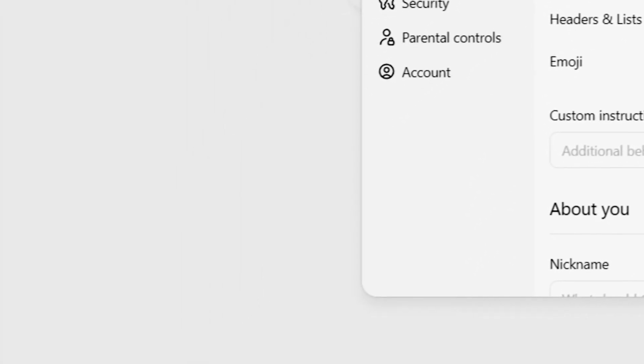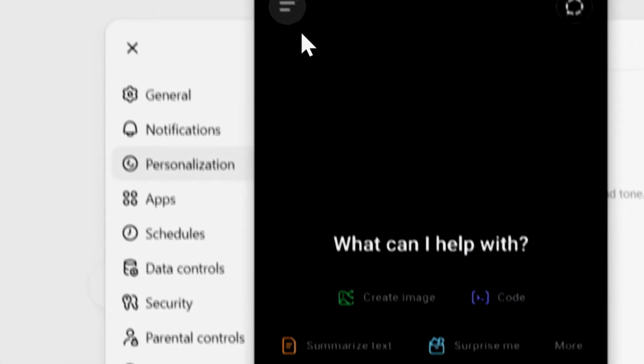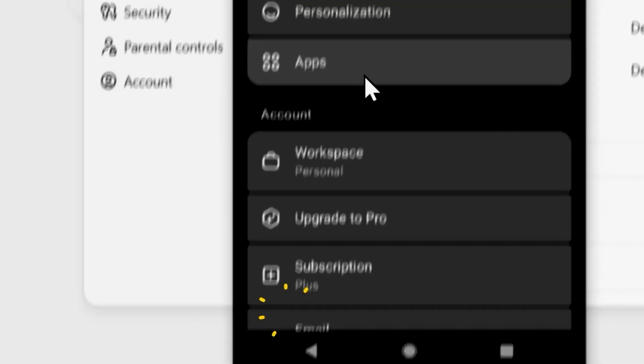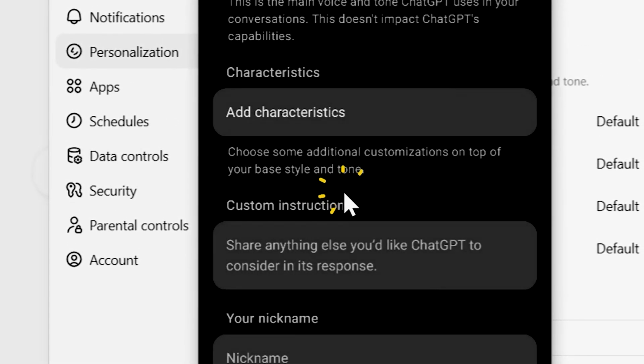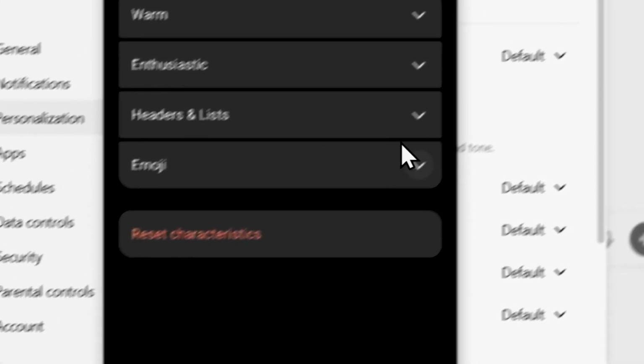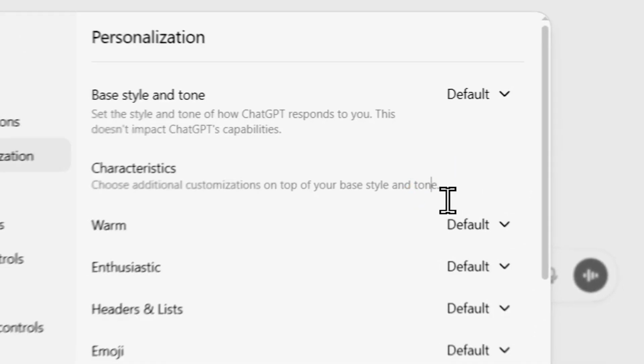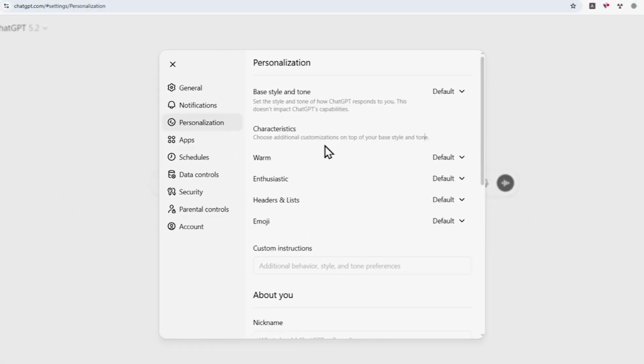characteristics. Now on the mobile app version, you can just open the app normally, go to sidebar, and you can tap on your profile name, navigate to personalization, and select characteristics. There you go. So here, I guess the easiest way to explain this new feature is by comparing it with